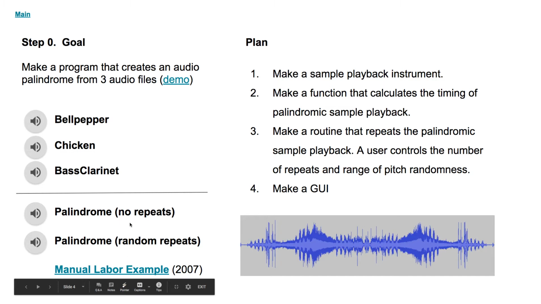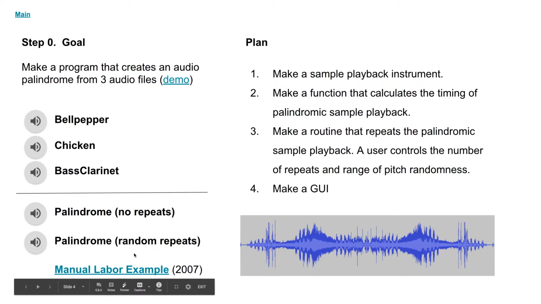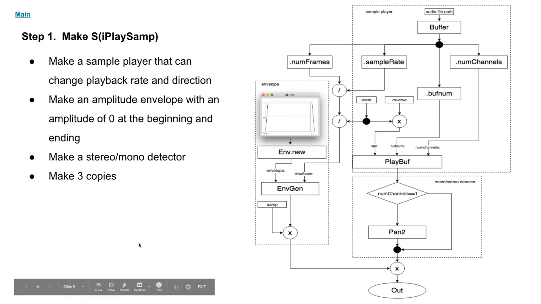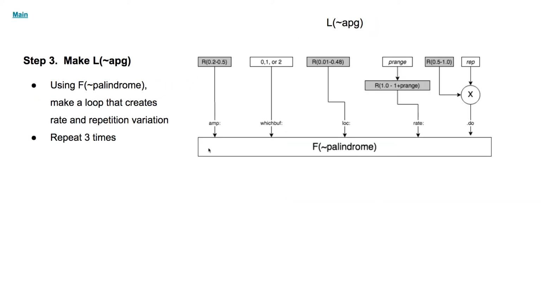Okay, I'm gonna turn this off for now. Essentially what we did was basically palindrome with no repeats. So the next step is to make a function that does the random repeats and random pitch change. That's your step 3. So we are going to make a little loop,